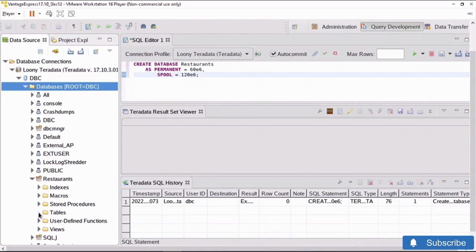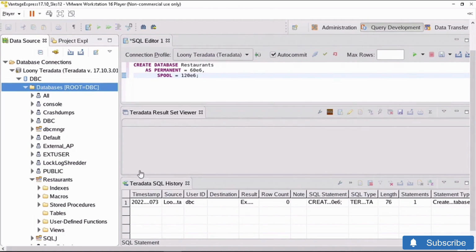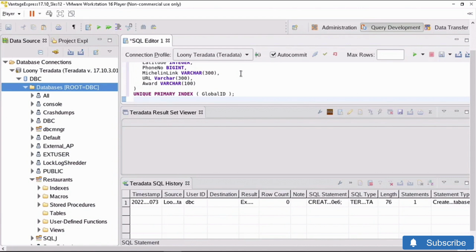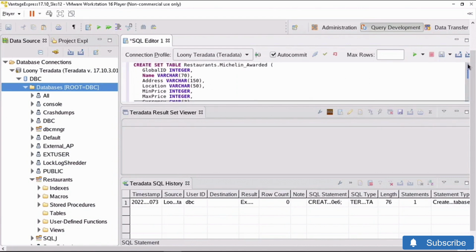Let's continue building upon the restaurants database which we created in the previous video. And as you can imagine, this is one which we will use in order to store details about various restaurants, and those will be stored in a new table which we are about to create. Let me just paste in the query for that, and I'll just scroll up where you can see exactly what